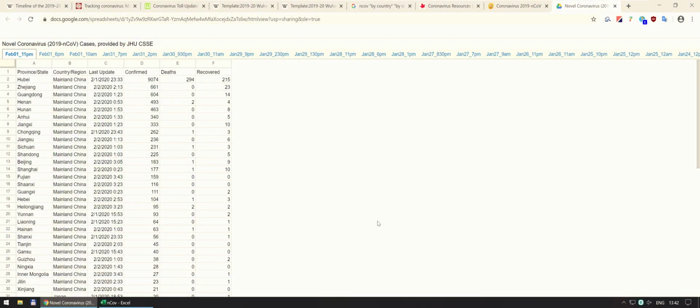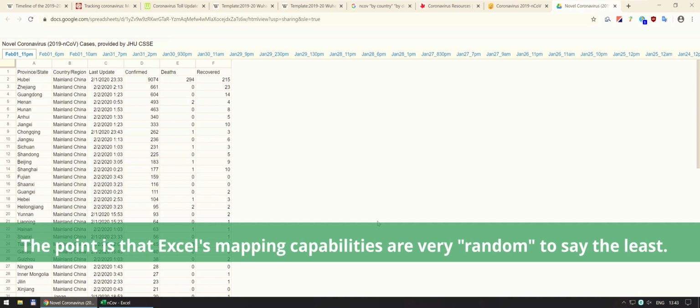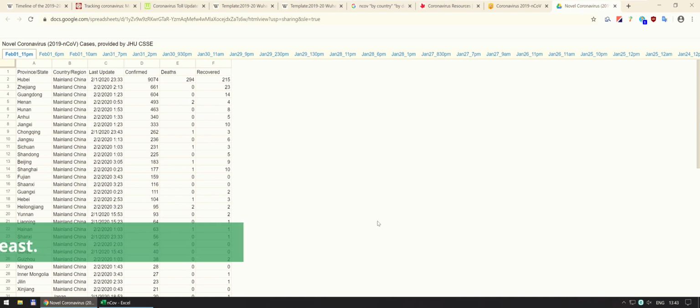Hi everyone. I want to show you how you can use Excel's relatively new map charts to draw data and map it globally. And one of the things I want to point out is how you can attempt to make a timeline and how you can attempt to make the map working. Now, as you will see quite soon, the reason why I'm saying attempt is because you can't really do a timeline in Excel chart maps the way you'd like it to be, and also there's a lot